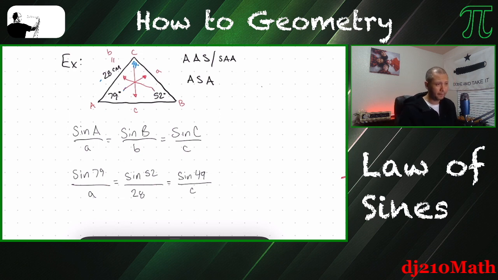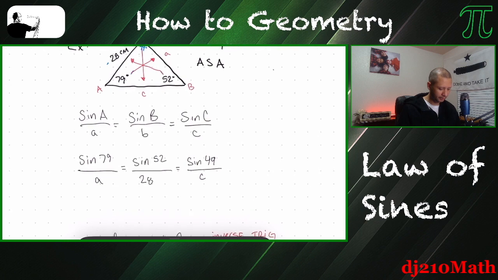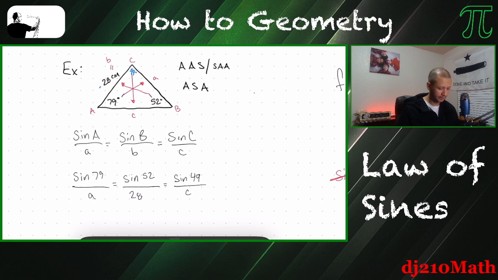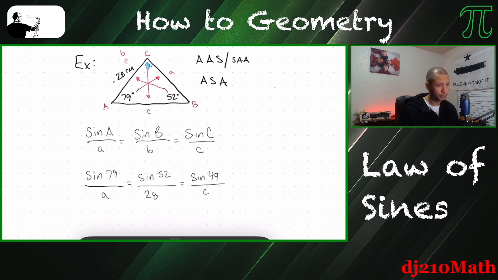Okay, so now there are two scenarios, right? We want to either find little a, or we want to find little c. It all depends on which one you want to find. So you wouldn't find both of them at the same time. You have to find them individually. What I mean by that is that notice how in the center we have a complete ratio, right? Both variables are there. So this is the only way that you'll be able to solve this, by having a complete ratio, right? Because